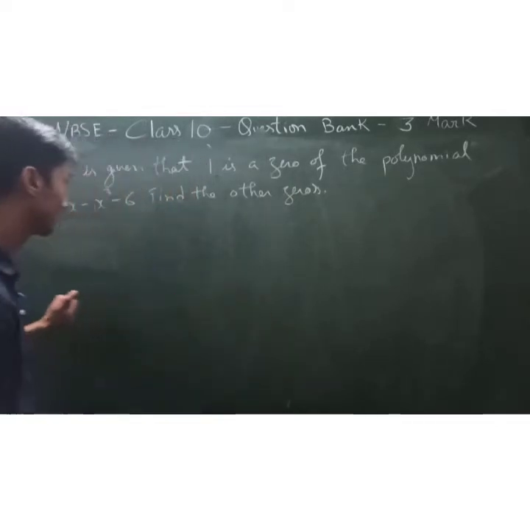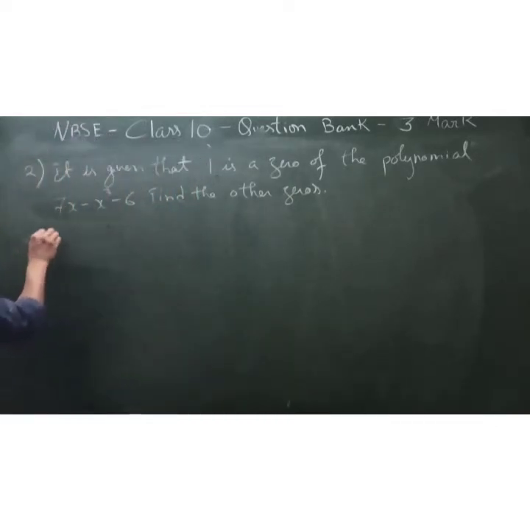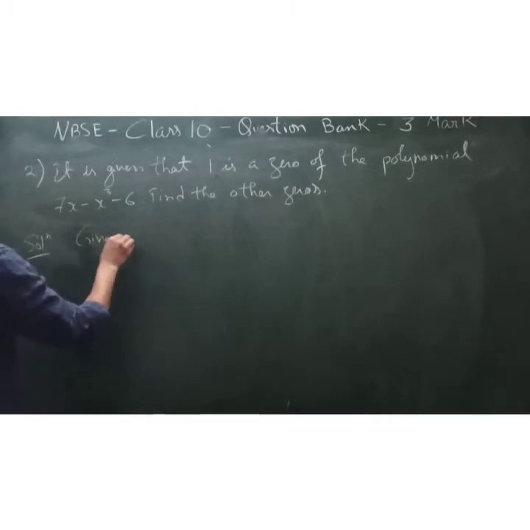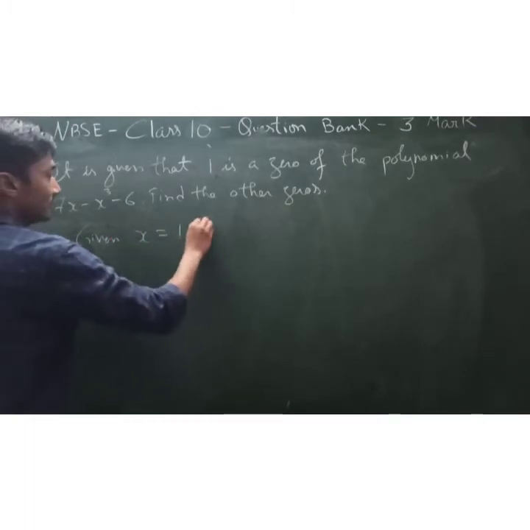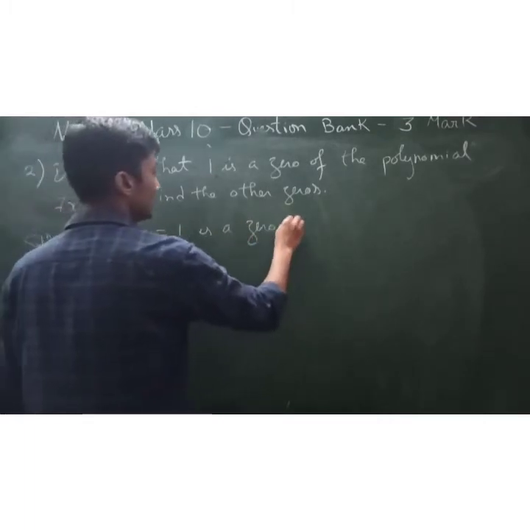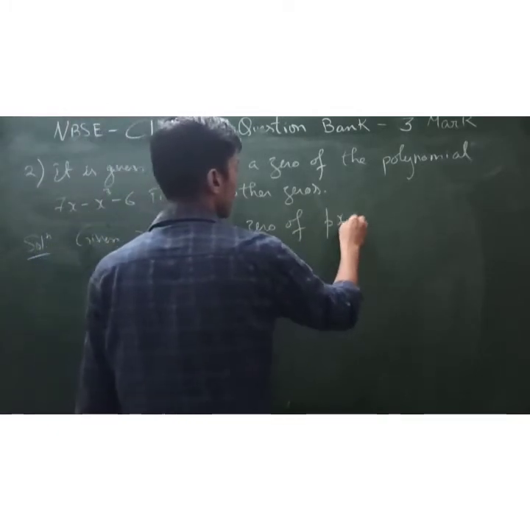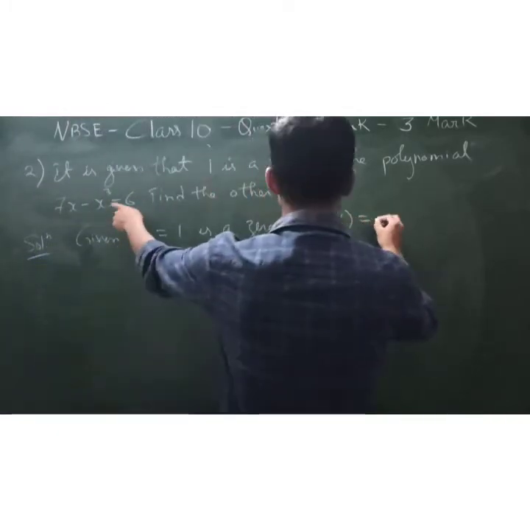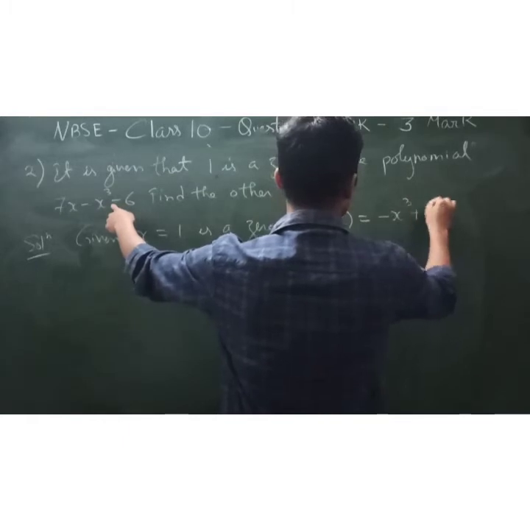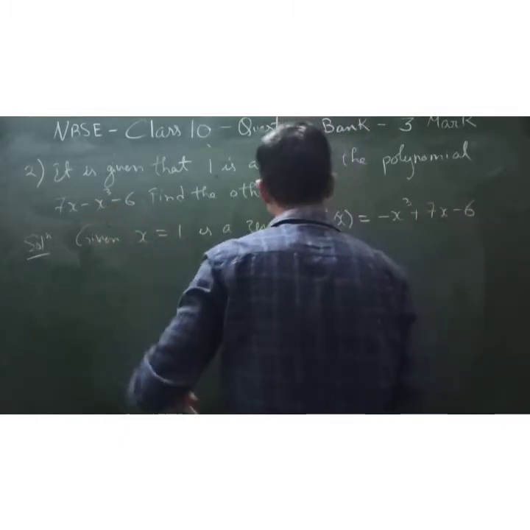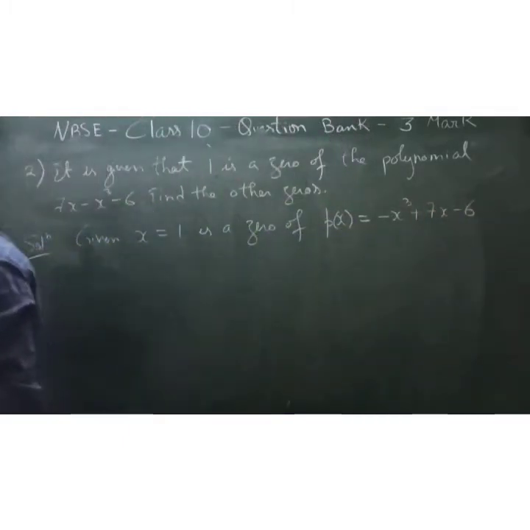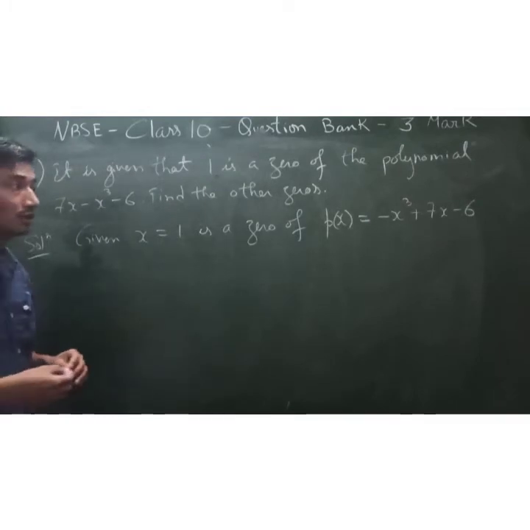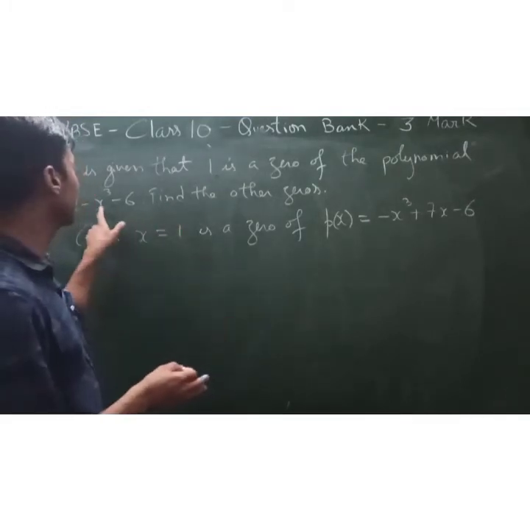Okay, but anyway, let's get to the point. Straight solution. Since the variable is x, I'll consider given x equal to 1 is a 0 of the given polynomial. I'll just rearrange that, minus x cubed plus 7x minus 6. So given that x equal to 1 is a 0 of the given polynomial, by arranging it, minus x cubed